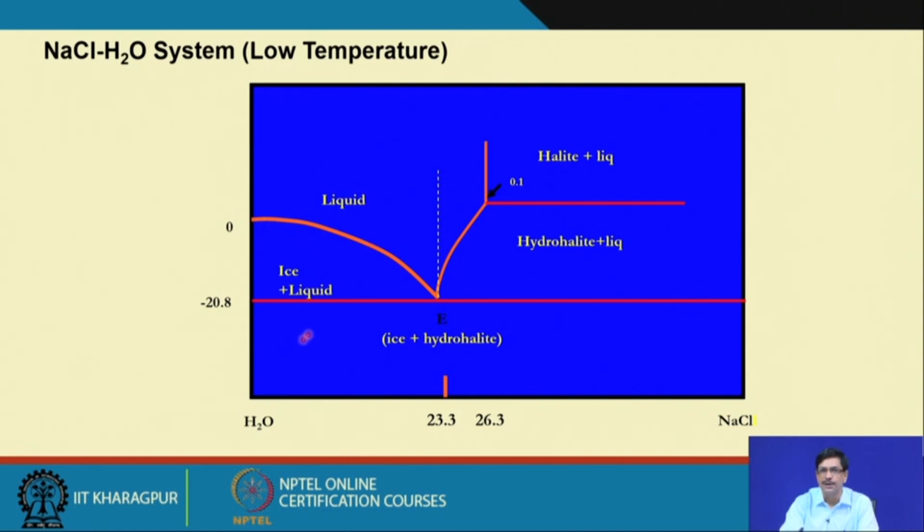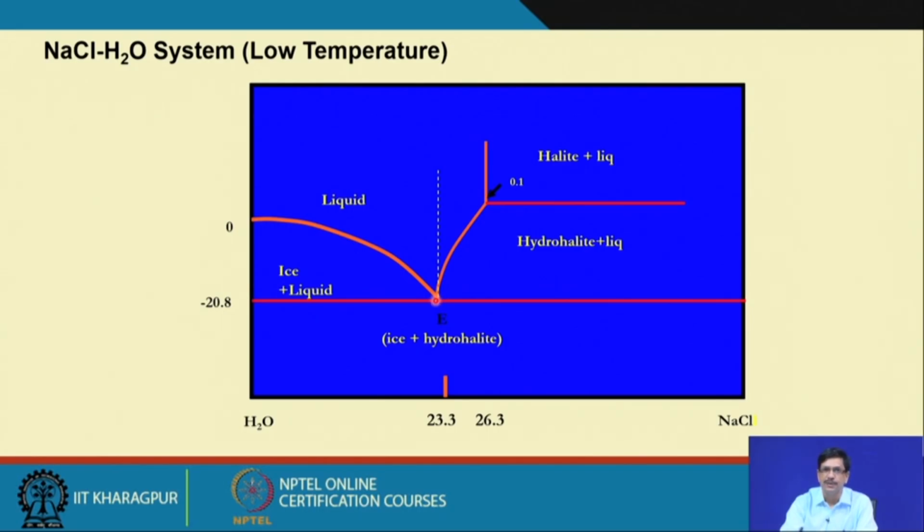point of water with increasing content of sodium chloride, and on a binary this temperature represents the eutectic temperature corresponding to 23.3 weight percent of NaCl and minus 20.8 degrees Celsius, and on the NaCl rich side this cotectic essentially represents the ice plus liquid curve, in which with decreasing temperature the liquid becomes richer or more concentrated with respect to sodium chloride, and as and when the eutectic point E is reached,